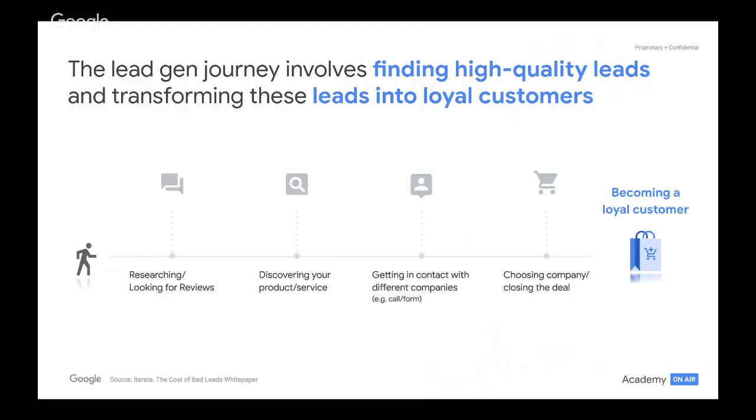So let me just give you a quick example that I've had in the last week of this exact journey. I found out on Monday that my car insurance was actually up for renewal. So before I renewed it, I wanted to make sure that I was getting the best price and also the best terms on that car insurance. So I started by researching, just generally Google searching some other car insurance options out there, reading reviews from other users and just getting a general sense for what would be a good option for me. I then went on and discovered two main car insurance providers